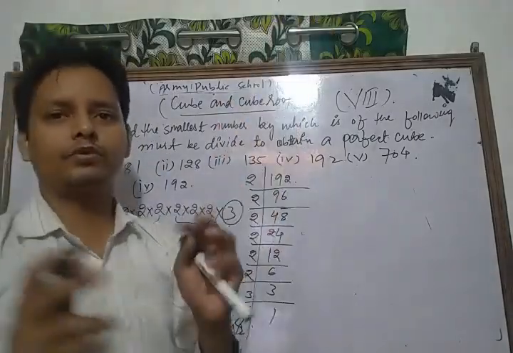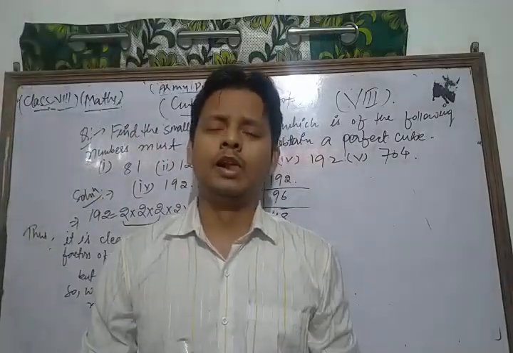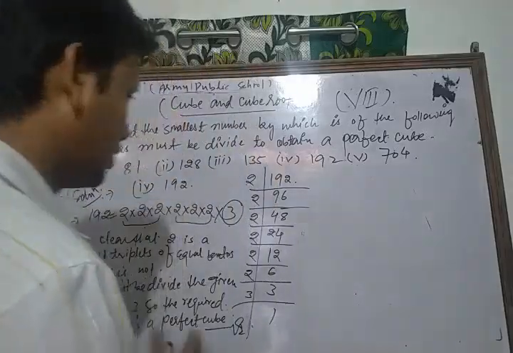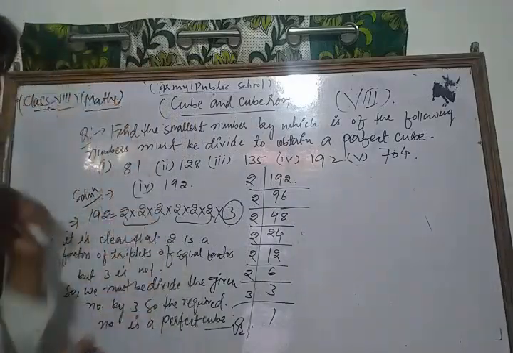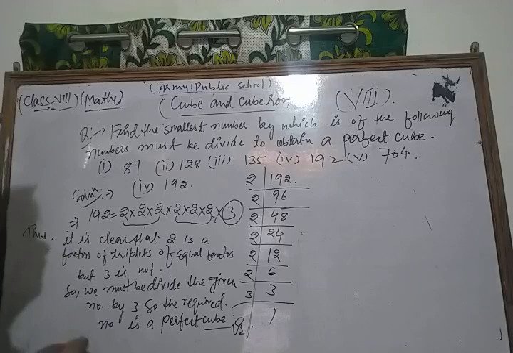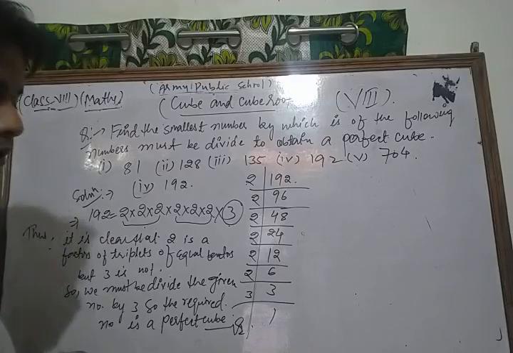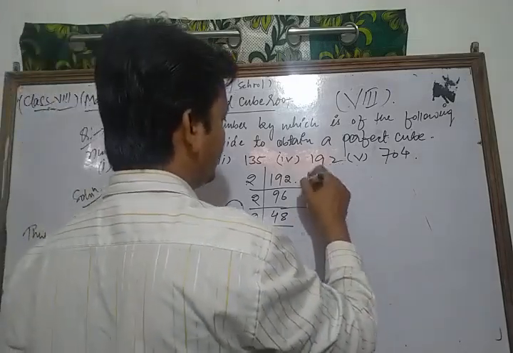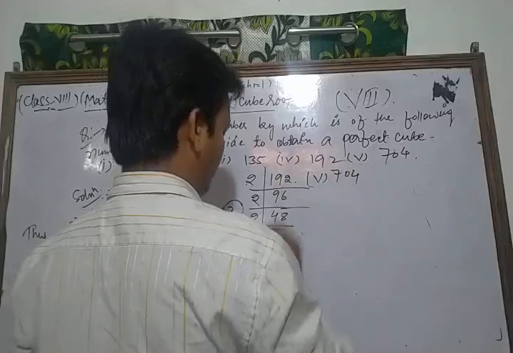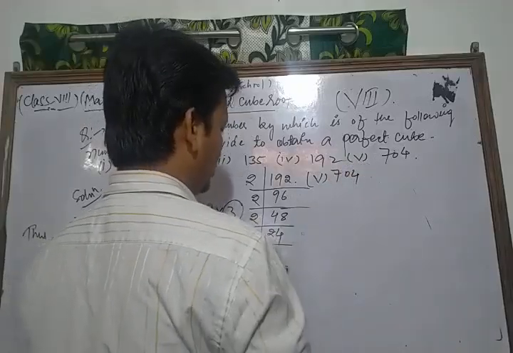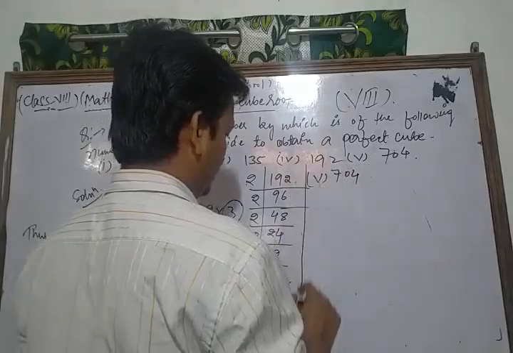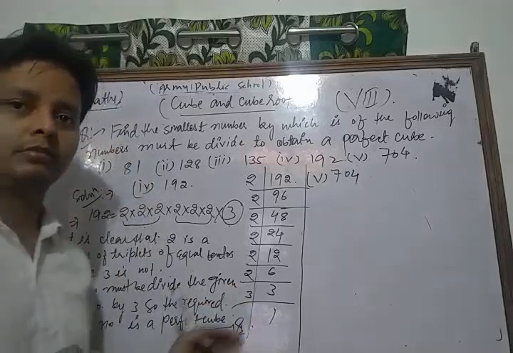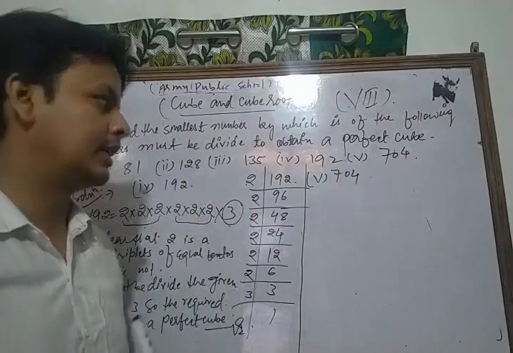Okay, so first of all, this is the initial step. You do the prime factorization. After that, you can solve each and every part of that question. Now similarly, we take and solve the next part of that question. Let's see here, which is 704. This is 704 now. What I do for that question, we solve it the same as that question, means we do its prime factorization. Let's see,